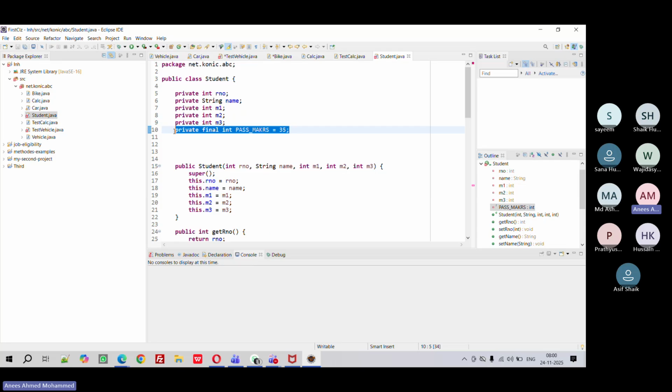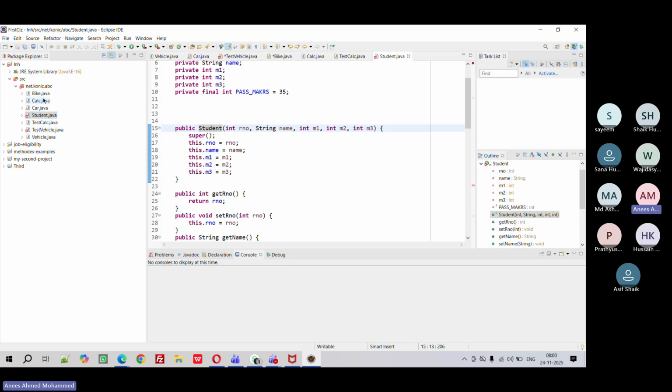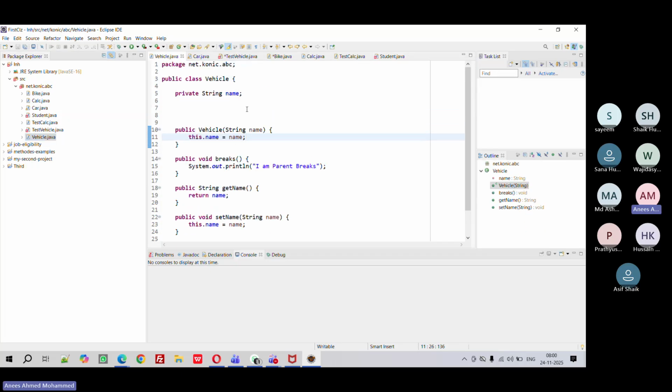So now, next thing what I will do is, I will use it in front of a method. For example, I'm going here, okay? Vehicle, right? So I'm having brakes, and I don't want these brakes to be overwritten by the child. So the parent says, I will give you brakes, but do not override them. What the parent will do is, I will write public final void brakes. If I'm saving it, all the code will get errors,